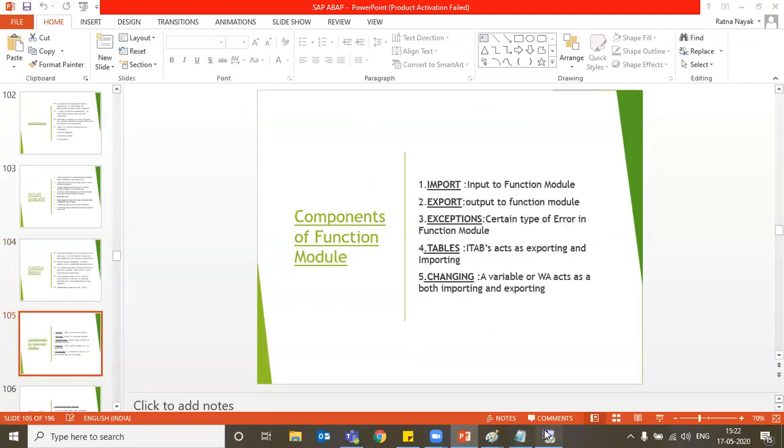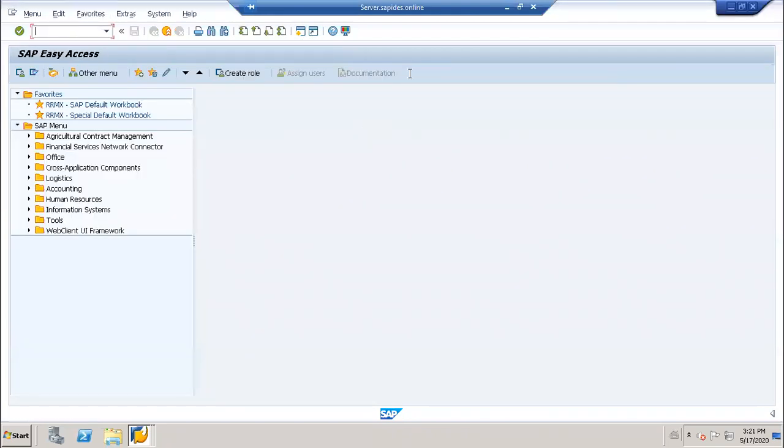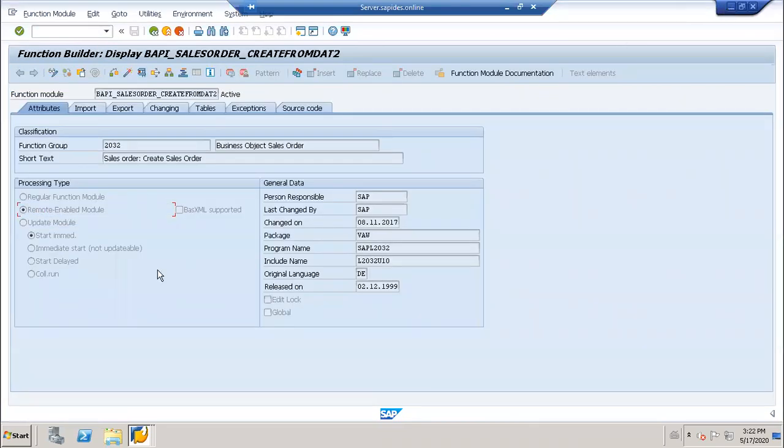Now let me go to another kind of function module. See here, what is selected: start immediately.